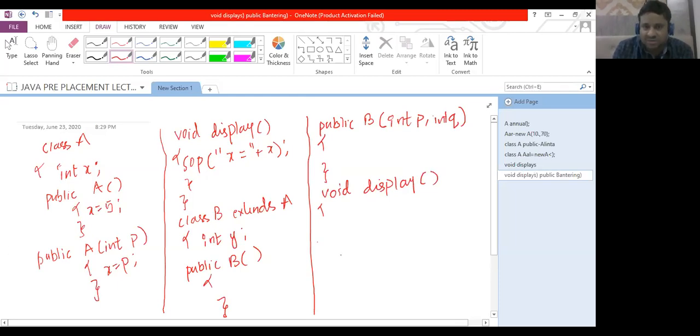Now this is the end of class B. I created an object of class B, B1 equals new B. Now, the moment I created an object of class B, it will have two data members, X inherited from A and Y of itself. So the default constructor of B is called. Now, what we want is to reuse the thing, because when it comes to inheritance, it's all about reusability. Now, I would like to invoke the default constructor of A in B.